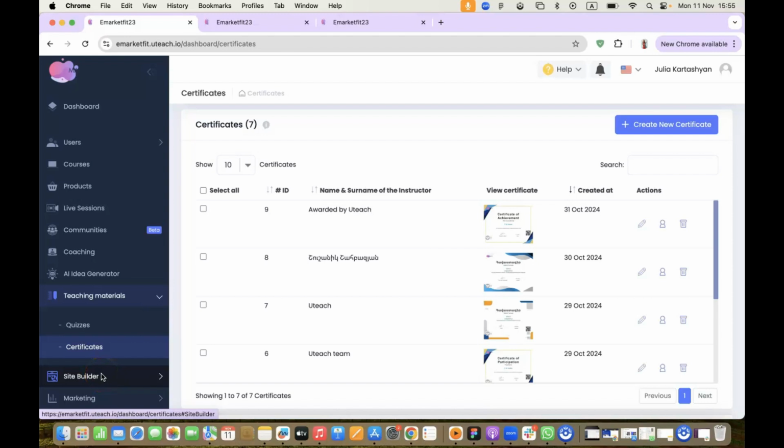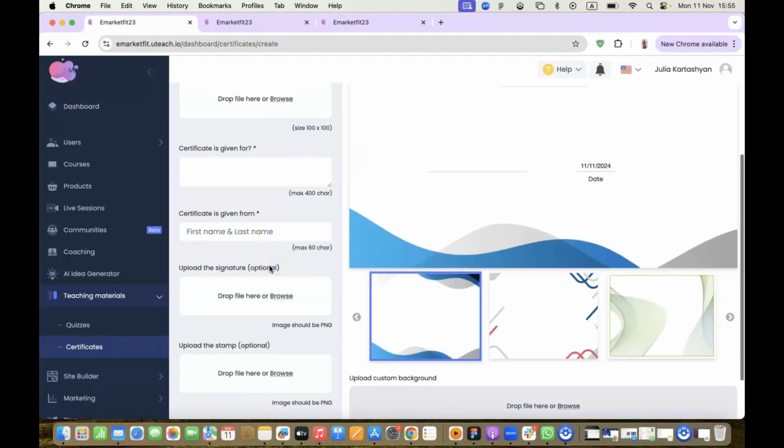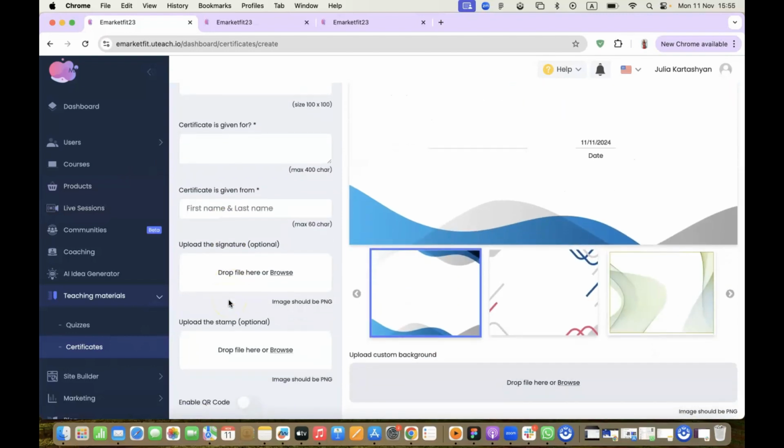Let's see how certificates work at Uteach. At first, we click here, create new certificate. Then we're building our certificate. Fill all these required fields. Be sure not to confuse this presented to part and write here the name of the student, because the platform takes name and surname automatically, and also the date, automatically, when the student completes the quiz successfully. So once all these fields are filled,